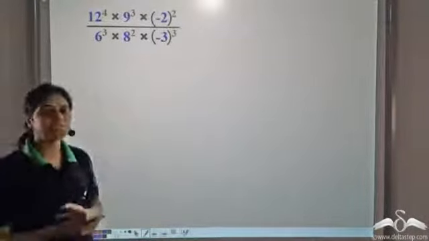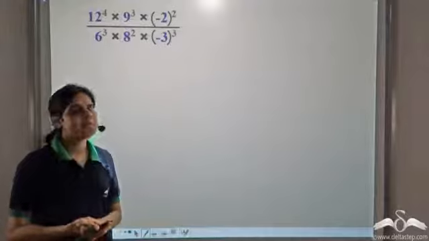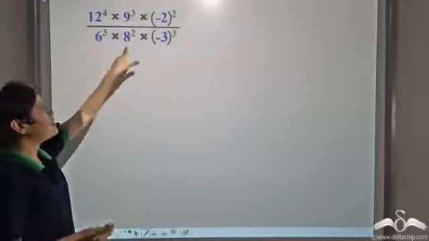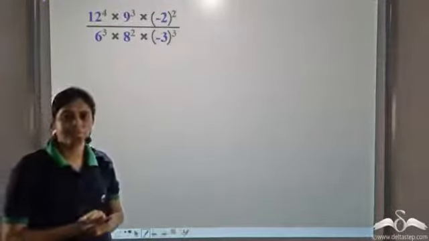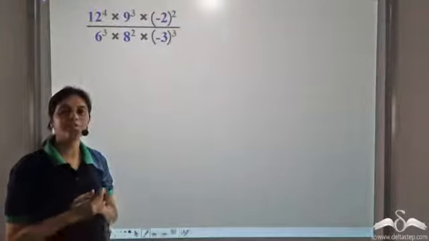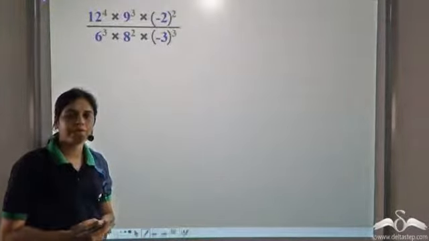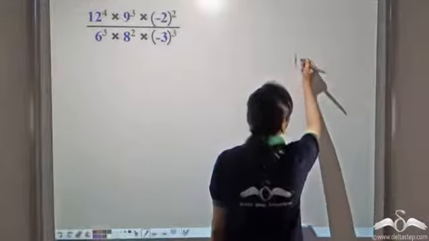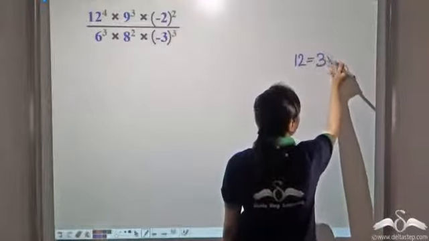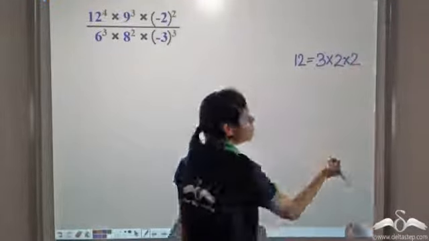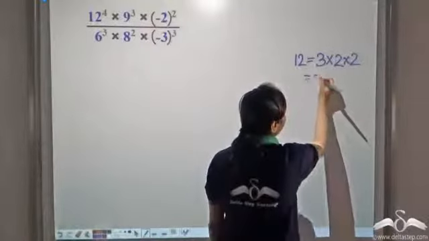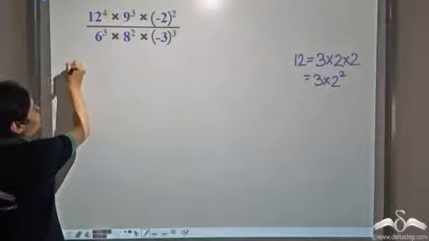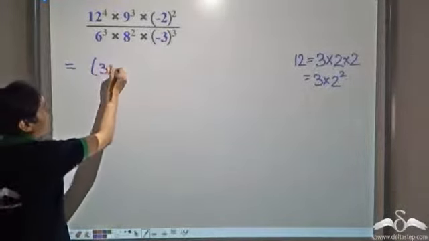Now we need to simplify this expression. Whenever we have expressions of this form, the first thing we do is to break this in terms of their prime factors. And then we can simplify it using the laws of exponents which we have learned. So 12 can be written as 3 into 2 into 2, which is equal to 3 into 2 square. So we can write 12 as 3 into 2 square